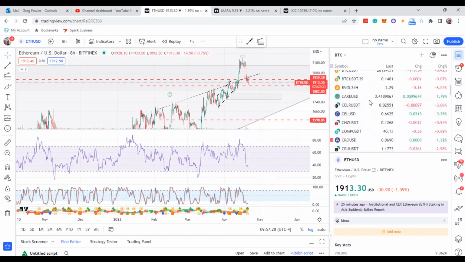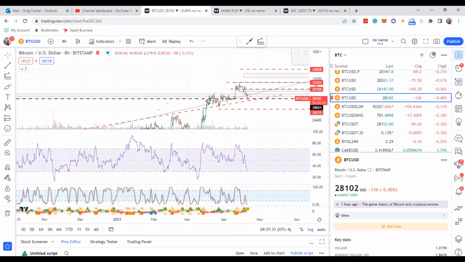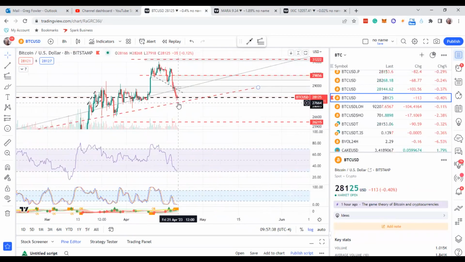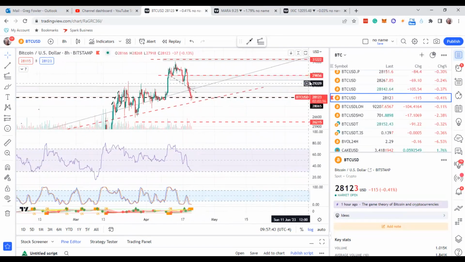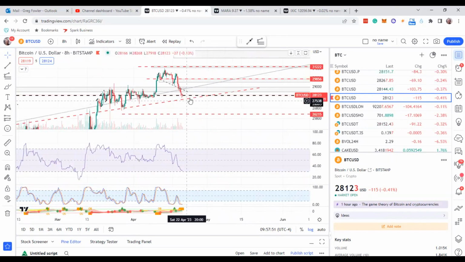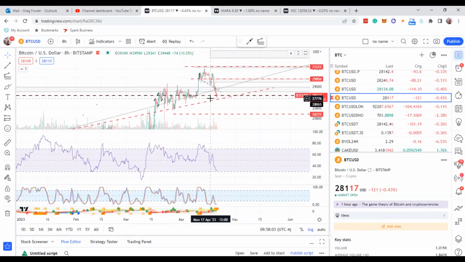Same thing with Bitcoin. I think Bitcoin may have already started a bounce. I have to see what's going to be going on with Bitcoin in this section over here, guys. Okay. Might come down to the trend, which is 27.6 for that swing, and what kind of bounce it's going to do over there is what I'm checking out. So that's going to be after it does the dump, you want to see what it's going to do over here, okay? And that'll be your tell on, okay, 1, 2, 3. It's a 3-wave swing, and then you know that it's going to do another swing back down to break that low, guys, right there, okay?